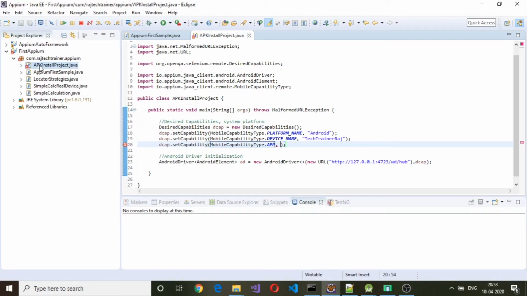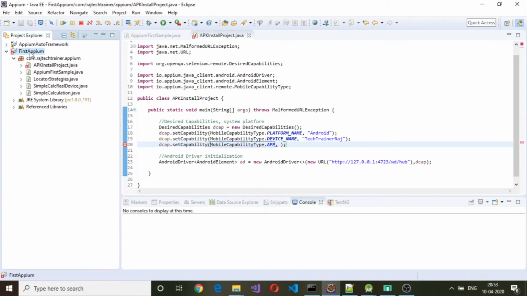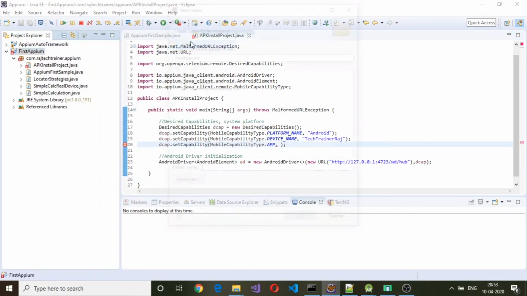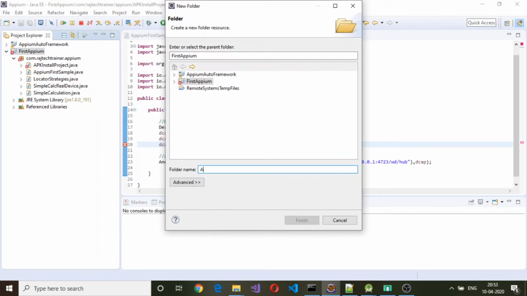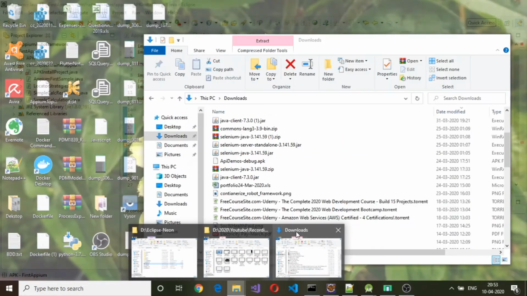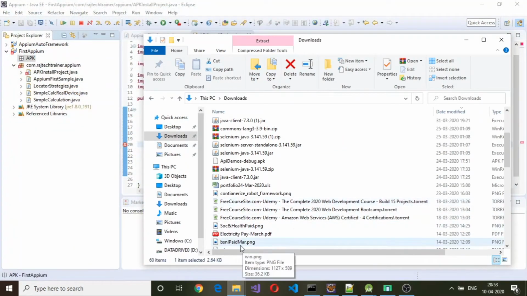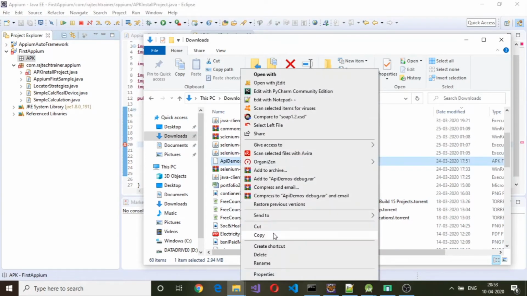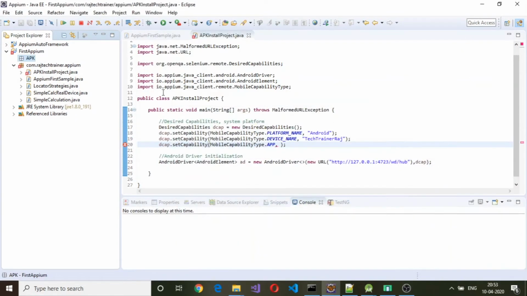Since we don't have the APK file here, I will create a folder inside this project called apk, and I will copy this debug APK file and paste it into this folder.